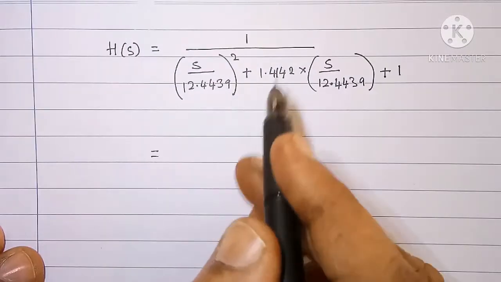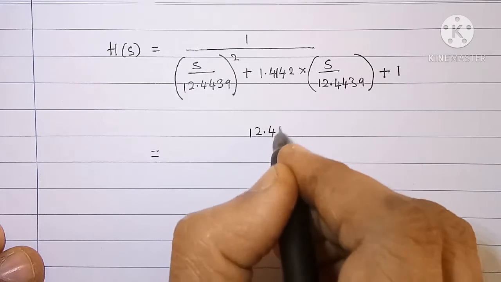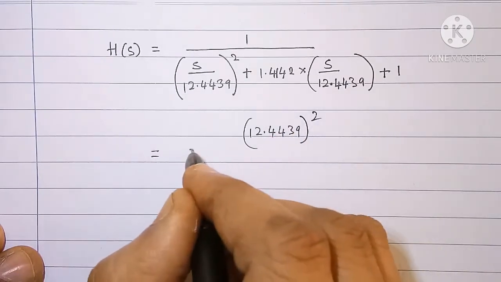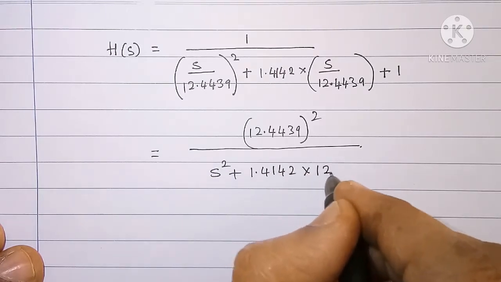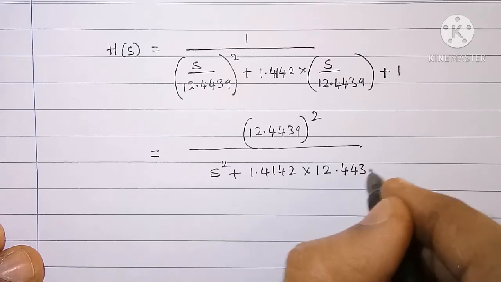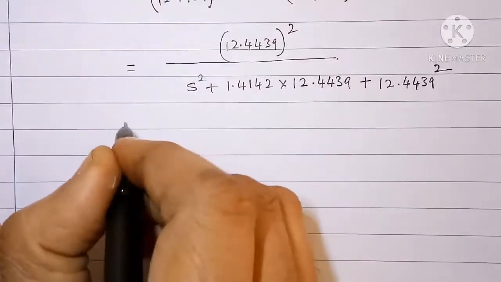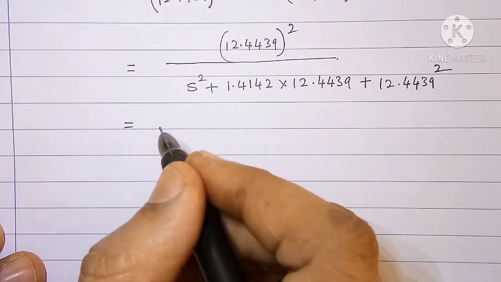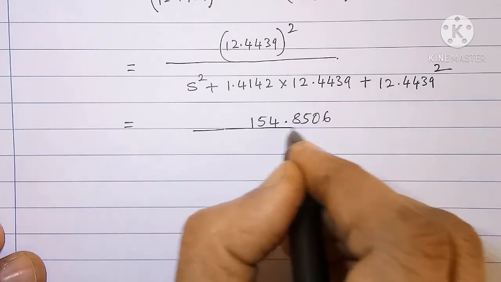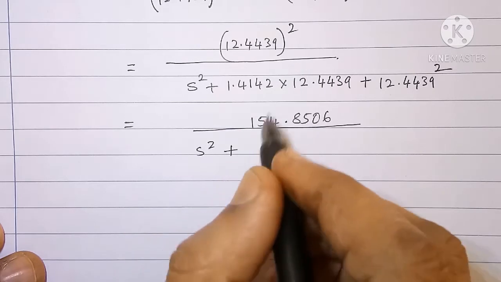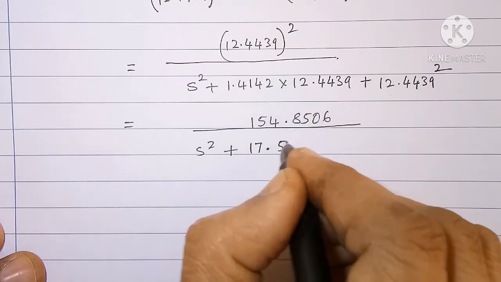that is equal to, multiplying and dividing by omega c square, that is 12.4439 square, we get 12.4439 square divided by s square plus 1.4142 into 12.4439 s plus 12.4439 whole square, which is equal to 154.8506 divided by s square plus, multiplying 1.4142 with 12.4439, we get 17.5982